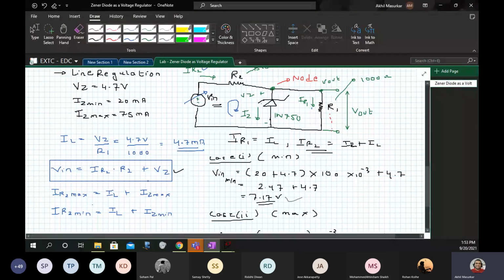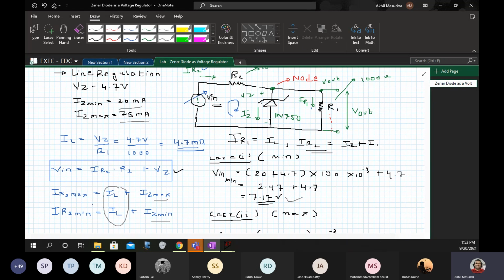And this is in sync with this equation, that is, Zener can work between IZ min 20 and IZ max 75 milliamperes to keep IL constant. So it works at IZ max, it works at IZ min, if there is a variation in IR2, that is my input current.